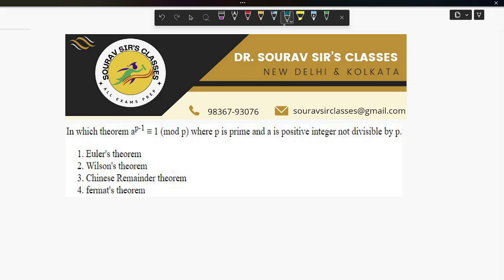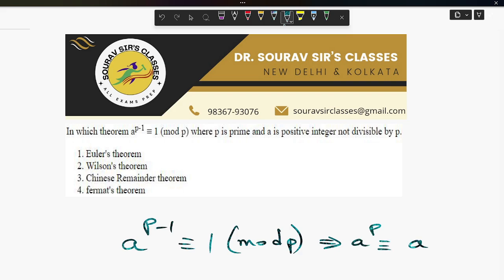And if we are getting these things, that means a to the power p minus 1 is congruent to 1 mod p. Rather, we would write a to the power p congruent to a modulo p. So this is a very well known property where a is a positive integer not divisible by p, invented by Euler. So this is Euler's theorem in the